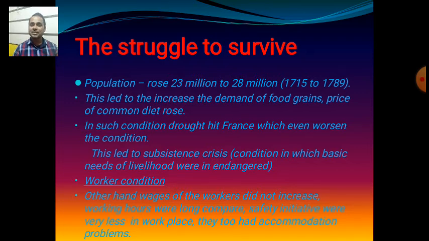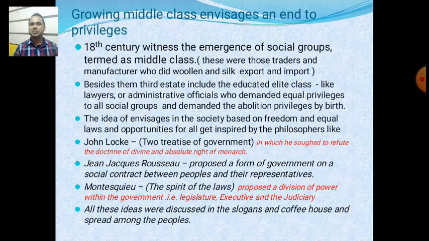They were not given a safe environment to work in. They were not given other basic facilities. In this way, if you see the life of the people in France during the rule of Louis XVI, it became very tough. Now, up to here, what we have understood,